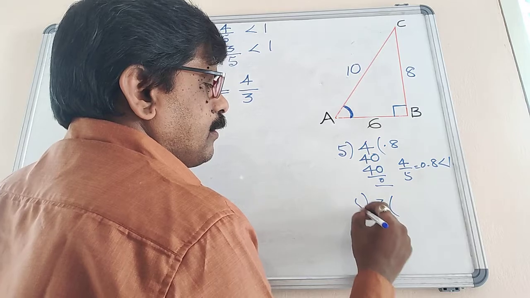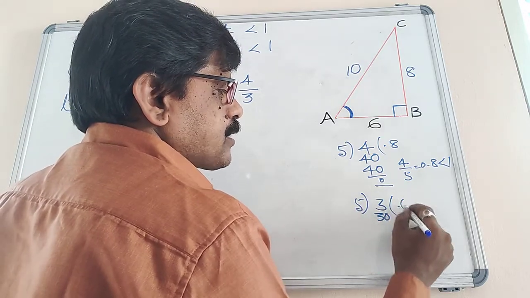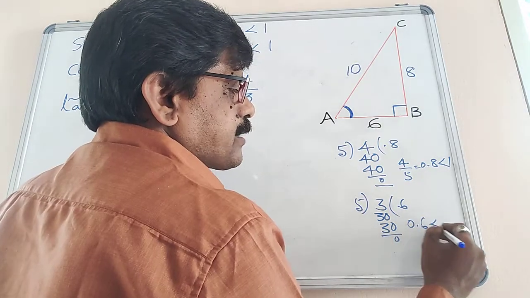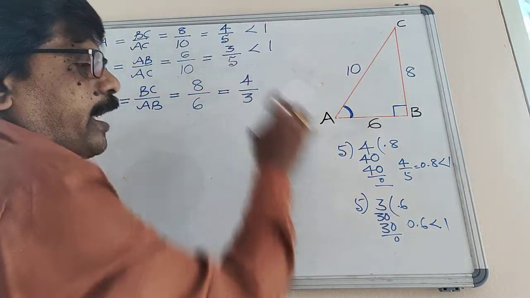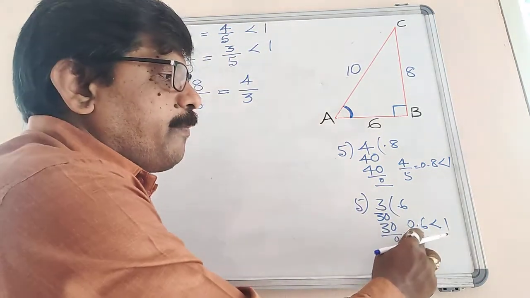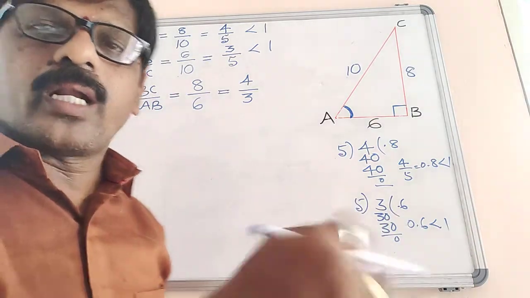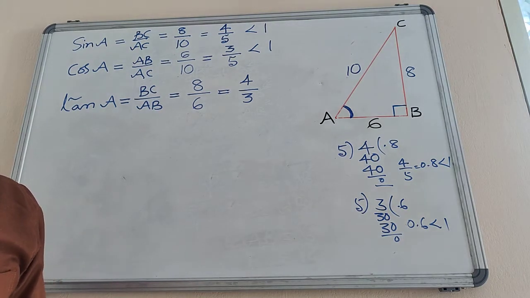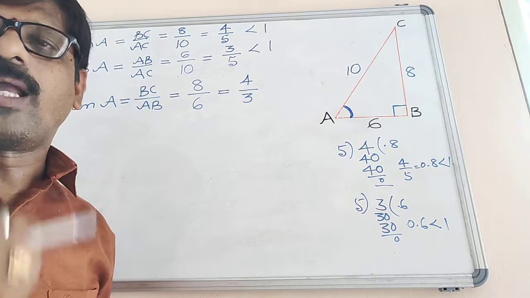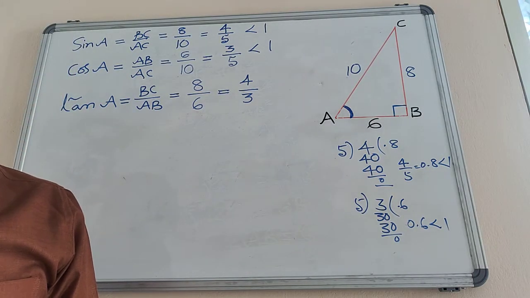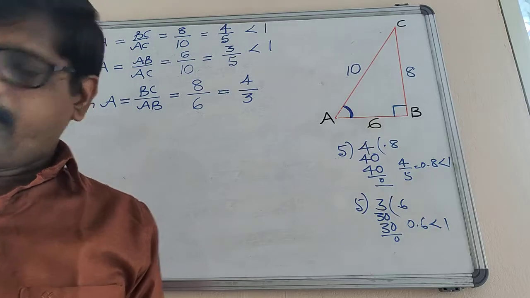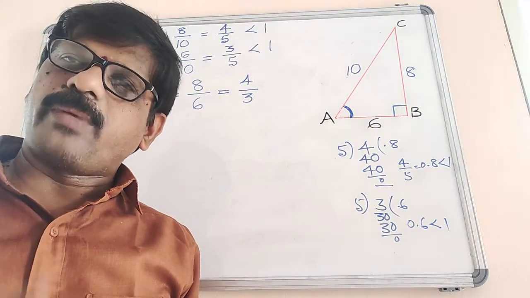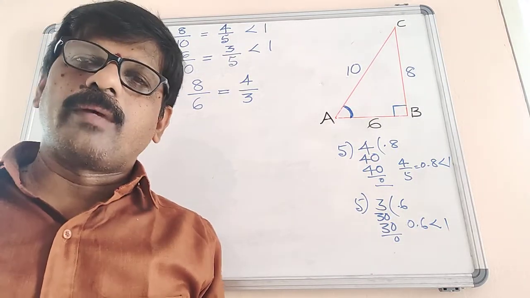So then it is also 3/5. Clear? Decimal: 5 6s are 30. That means 0.6, less than 1. That means the 3/5 value is 0.6. 0.6 means less than 1. అంటే 1 కంటే తక్కువ ఉంది. కాబట్టి sin theta and cos theta are always less than 1. That means sin and cos maximum value is 1. Clear? That is an important concept. In some cases sin and cos value must be 1. అది ఎప్పుడు అవుతుంది అనేది నెక్స్ట్ టాపిక్ లో మనం చెప్పుకోవచ్చు.